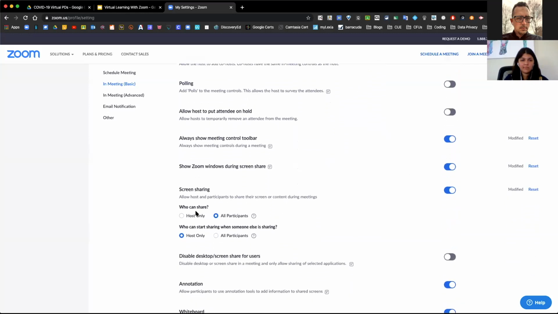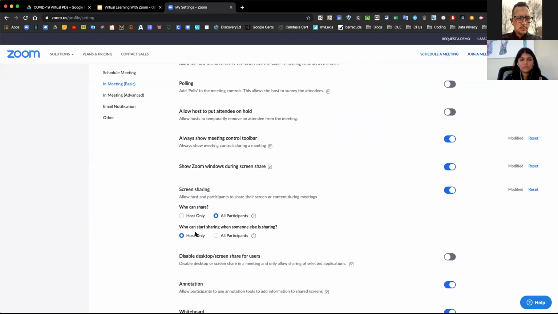Screen sharing, so this is a good one if you want to allow screen sharing. Like I have screen sharing on right now, so you're able to see my screen even though we're not sitting at the same computer. So you can decide, who do you want to be able to share the screen? Do you just want you to be able to share your screen, or do you want to have it where if you're talking to your kids about something and they have something pulled up on their computer, that maybe they share it out as well? So that's kind of a personal decision on how you want that set up in your class.